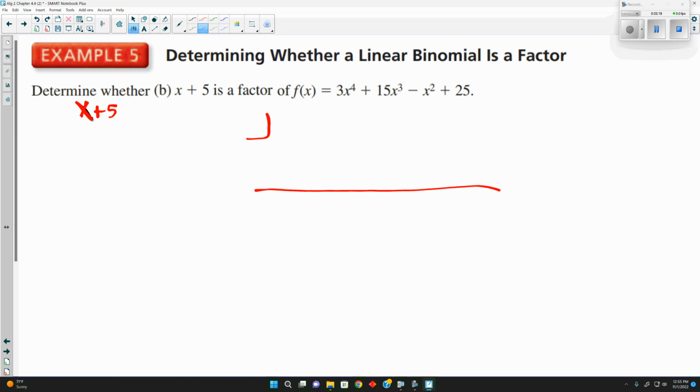Next page, the page has got a little bit out of order. Now the first part here is to solve this for x, so we would minus 5 from both sides, telling us x is equal to negative 5. Now the numbers that go across the top, our first one would be 3, then 15, negative 1, and then